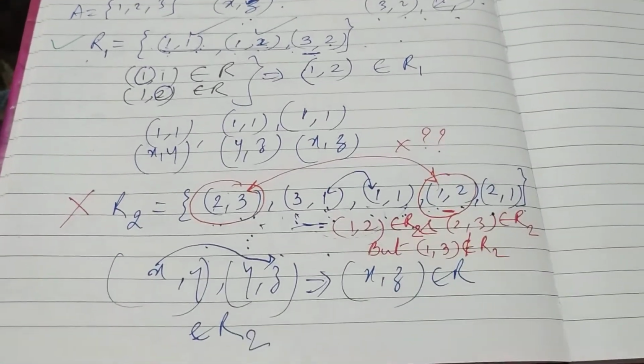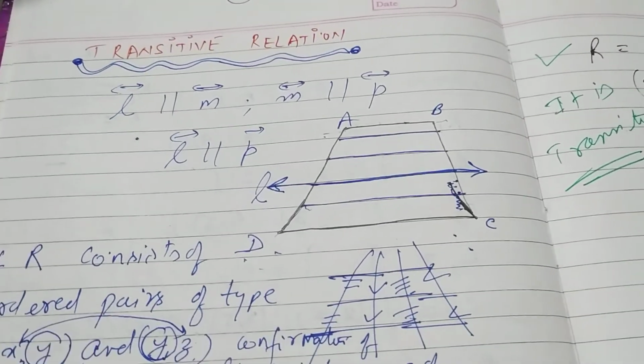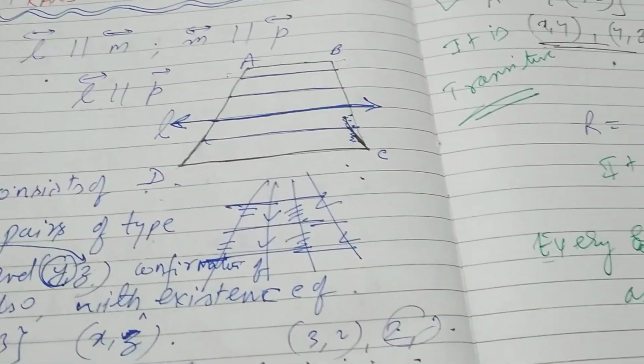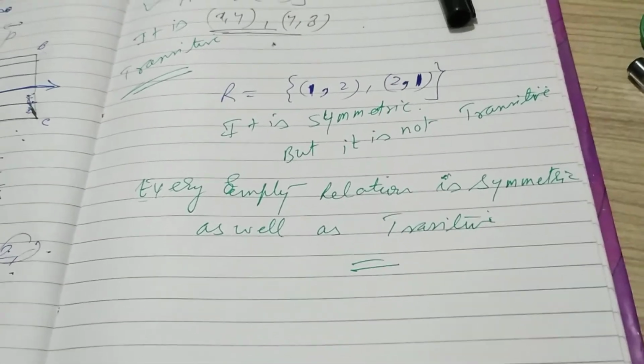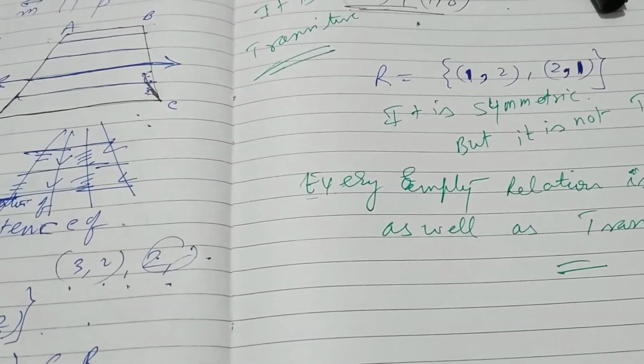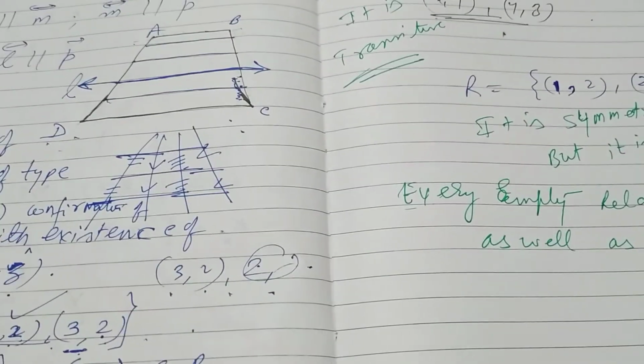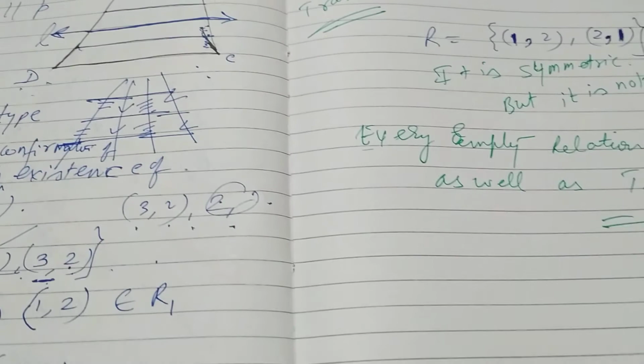If you want, I will explain once again, but please make notes of it. Please read the NCERT textbook. If you don't understand anything, I will definitely explain. Whatever doubts there are, please come forward and discuss with me. I'll explain how a particular relation becomes reflexive, symmetric and transitive.